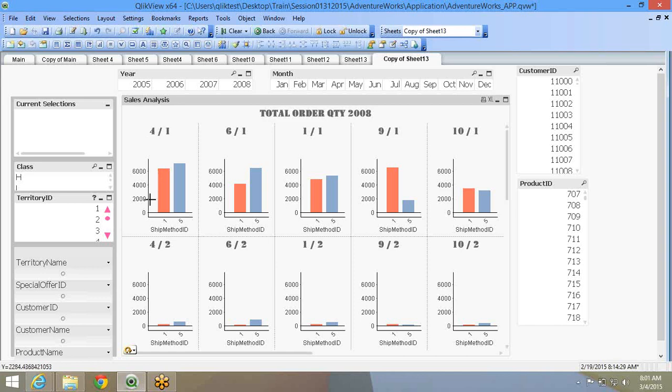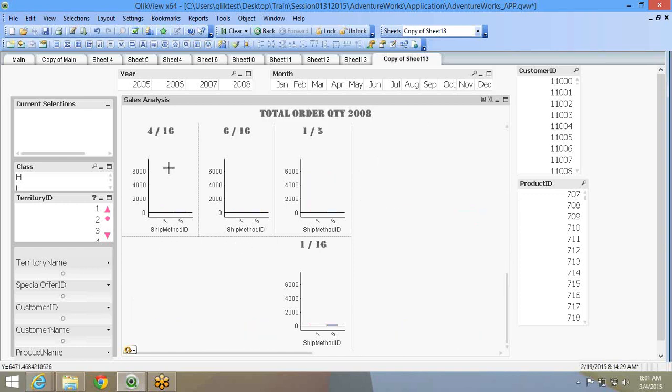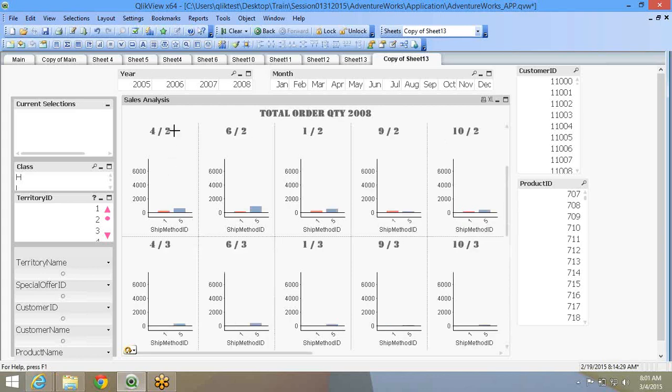So territory ID 4, special offer ID 1, ship method ID 1 and 5. Same thing will continue for territory 4 and special offer ID 2, 4 to 16, right? 16 special offer IDs, 16 charts. Similarly, territory 6, territory 1, territory 9, territory 10. So it will start creating one chart for the combination of the first value and the second value.